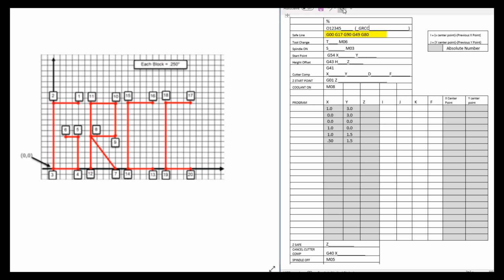So for example, the very first code I see on there is a G00. So I'm telling this machine that when I start this program, I want the machine to be in a rapid state. G17, which is my XY working plane. So if I was to program any kind of arcs, it would program those arcs in an XY fashion. G90, which is absolute